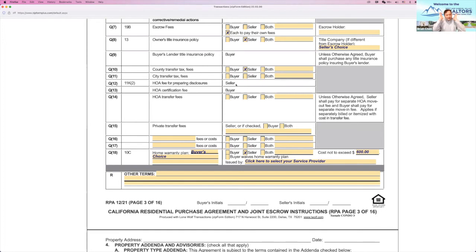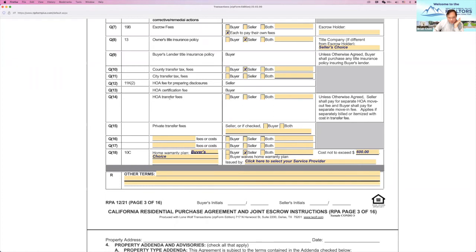I tell the listing agent, by law, the seller has to pay. Go to the purchase agreement. It says seller. It did not give an option. The seller has to pay. HOA certification fee. HOA certification is to the lender. So who is using the lender? Not the seller. It's the buyer who's using the lender. So automatically it's buyer. You see,